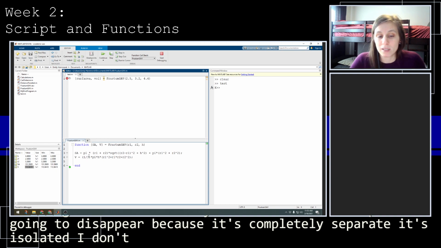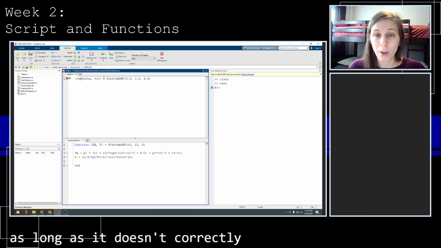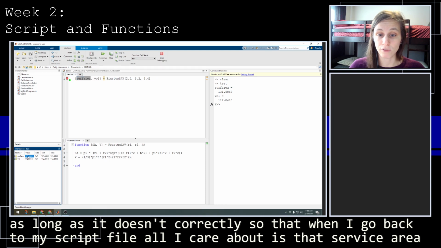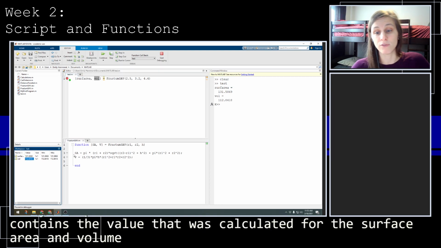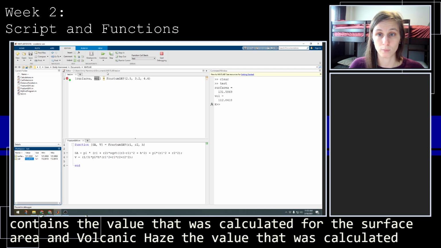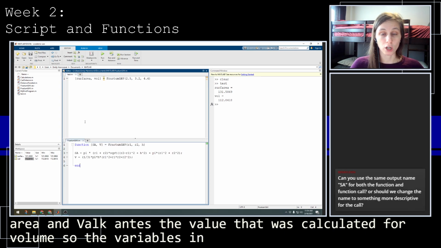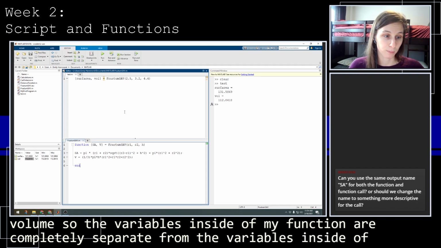I don't care about what's happening inside as long as it does it correctly. So that when I go back to my script file, all I care about is that surface area contains the value that was calculated for the surface area, and vol contains the value that was calculated for volume. So the variables inside of my function are completely separate from the variables inside of my script.